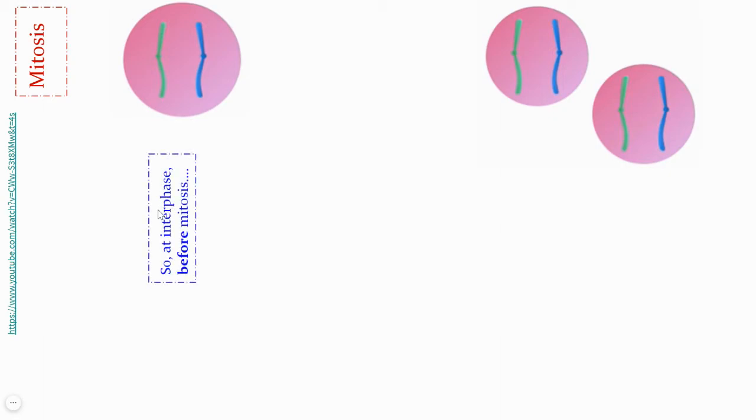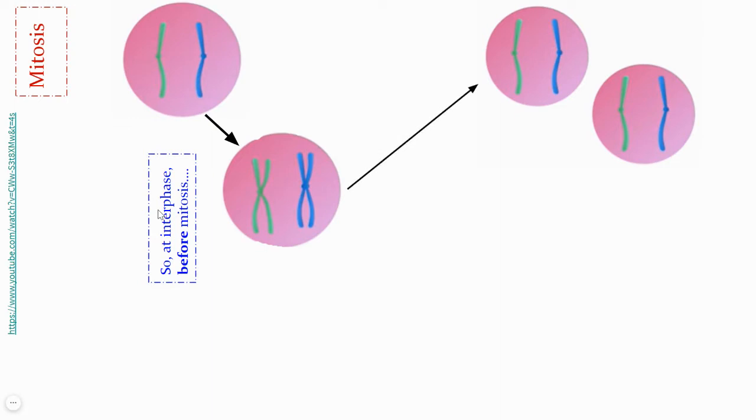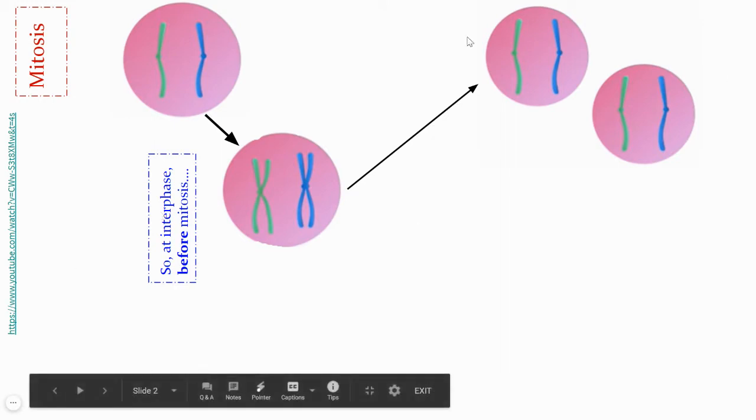And to do this, before mitosis, the cell has to go through an interphase. In interphase, the cell goes through an S phase or synthesis phase, where these two chromosomes actually duplicate. Even if they duplicate, they are still two chromosomes, but each chromosome will have two sister chromatids. These two sister chromatids separate by the process of mitosis after interphase, and each daughter cell gets one chromatid as one chromosome. So you can see that from the beginning till the final product, that is the daughter cell, the products are exactly genetically identical to the parent.